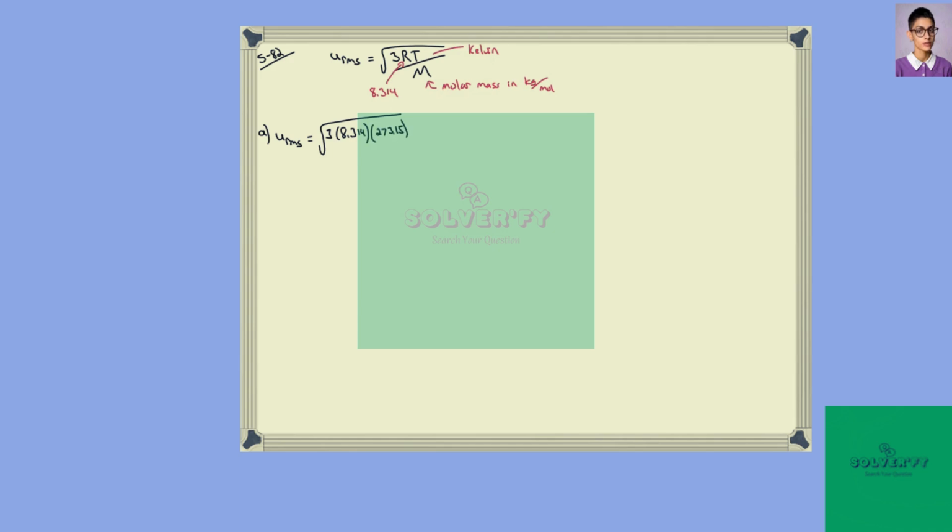So if we have helium, it has a molar mass in kilograms per mole of 4.003 times 10 to the negative 3 kilograms per mole. So at 0 degrees Celsius, it's 273.15 Kelvin. And we get 1,305